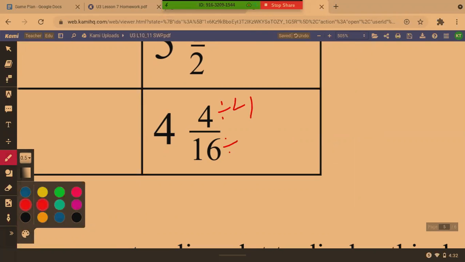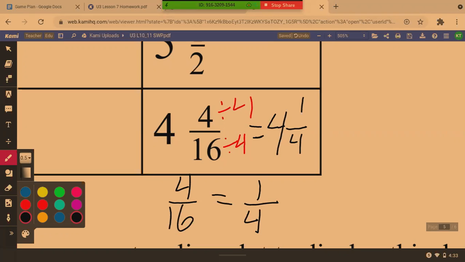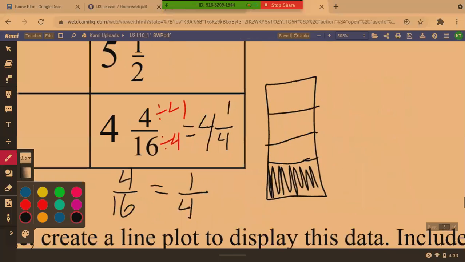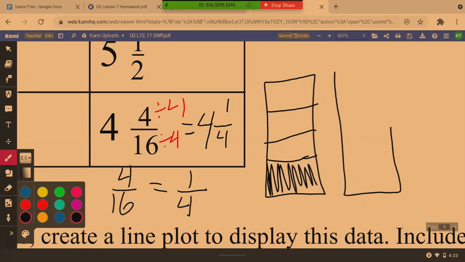I'm simplifying fractions, bringing them to their smallest form. And don't forget, 4/16 is the same as 1/4. These are the same value. If you asked me if I wanted 1/4 of a liter of, I don't know, let's say chocolate milk. That's a lot of milk. But if you asked me if I wanted 1/4 of a liter of chocolate milk, I would say yes. And then if you asked me if I wanted 4/16,